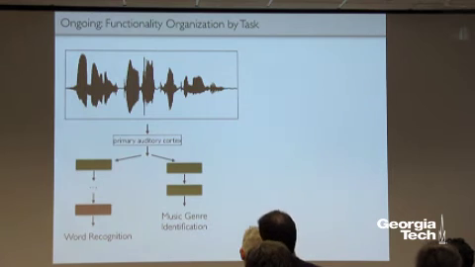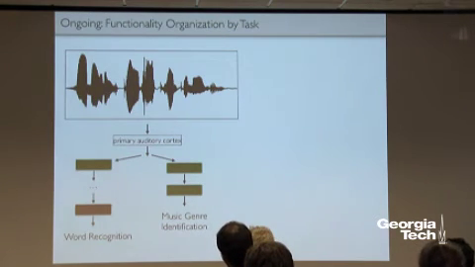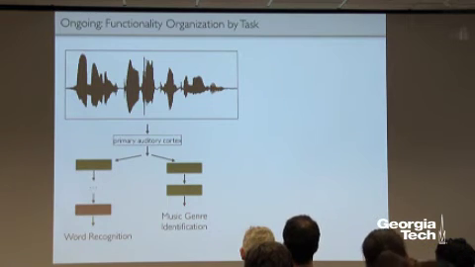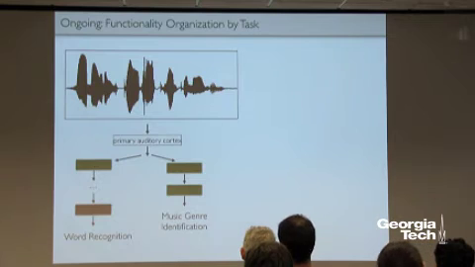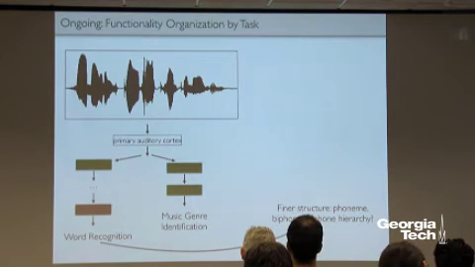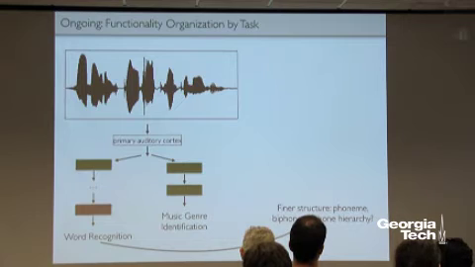Now we're really trying to dig into that, to see if we have models with multiple different selection criteria. For example, not just word recognition, but something to do with music. It's a little hard to formalize that task in a good way, but we think we have an idea for how to do that. Then perhaps we can get finer structure in auditory cortex that would otherwise be hard to find. We have some hypotheses about where that structure is, and we think we have been able to identify that there are maybe several streams, in particular within word recognition